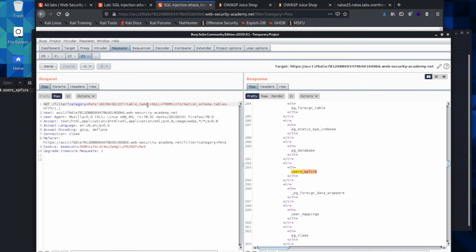So now we're going to look for the column name, so we can delete this. So the table column is what we're looking for now. Actually, I deleted the wrong part of the request. Instead of the table, we're looking for the column name, and we're going to leave this in the information schema dot columns,